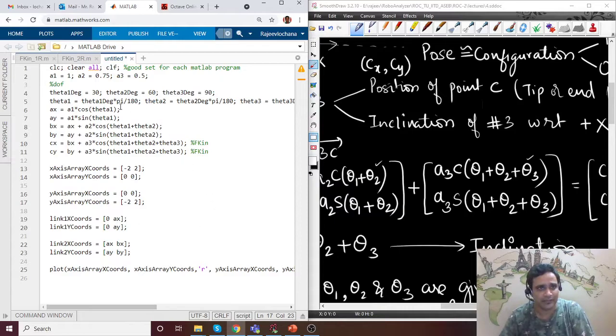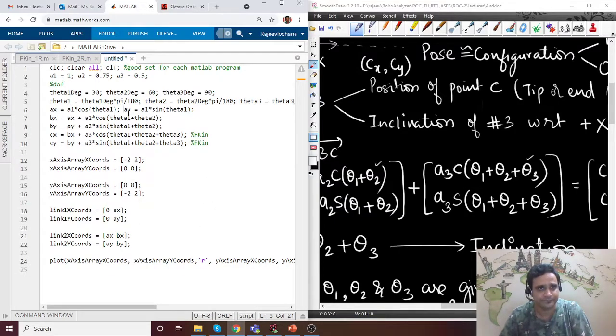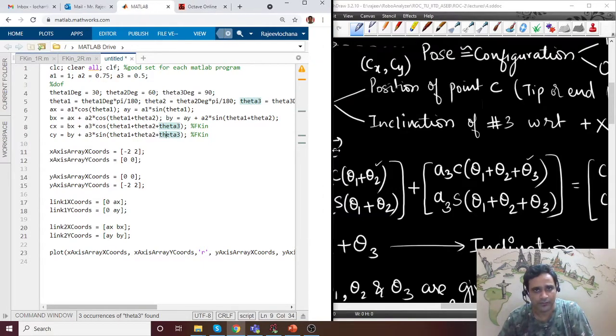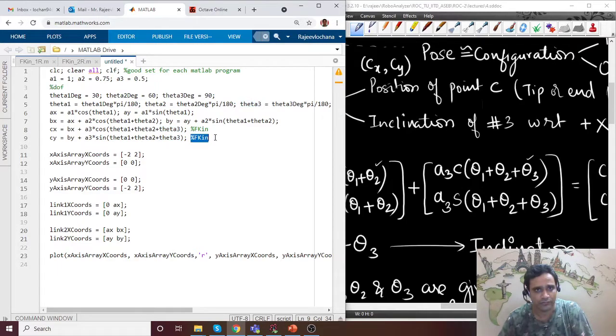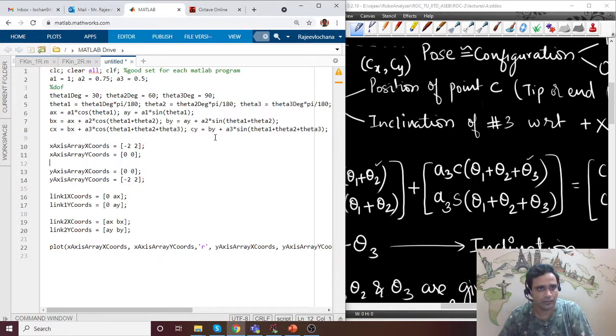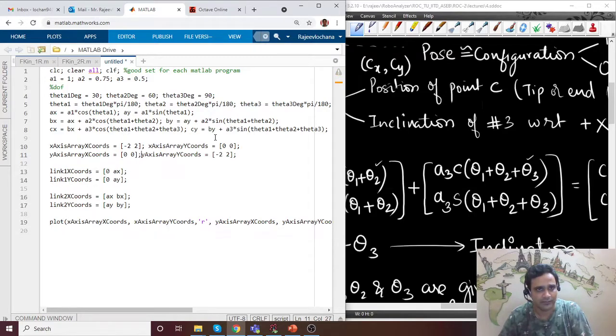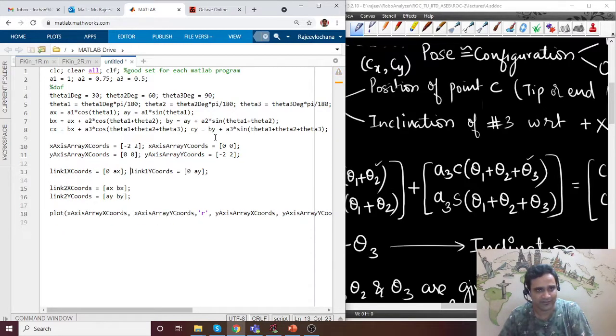Let me try to tidy up a bit again, because we need more space. So let me try to save as much space as possible.